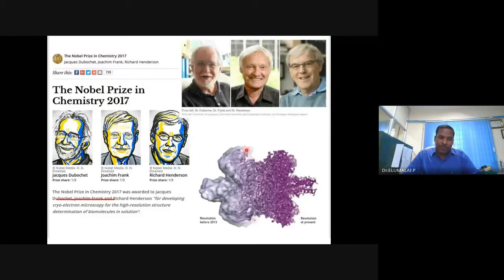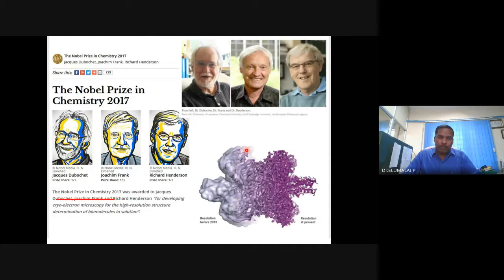It still continues. 2 more Nobel Prizes were given related to the microscope. In 2017, for the invention of the cryo microscope. It is also known as cryomicroscope. Biological samples are stable at a low temperature. If not low temperature, they are not stable at a high temperature. They are prone to decomposition. But if you want to study their features, you will have to maintain the required temperature. You will have to freeze it.